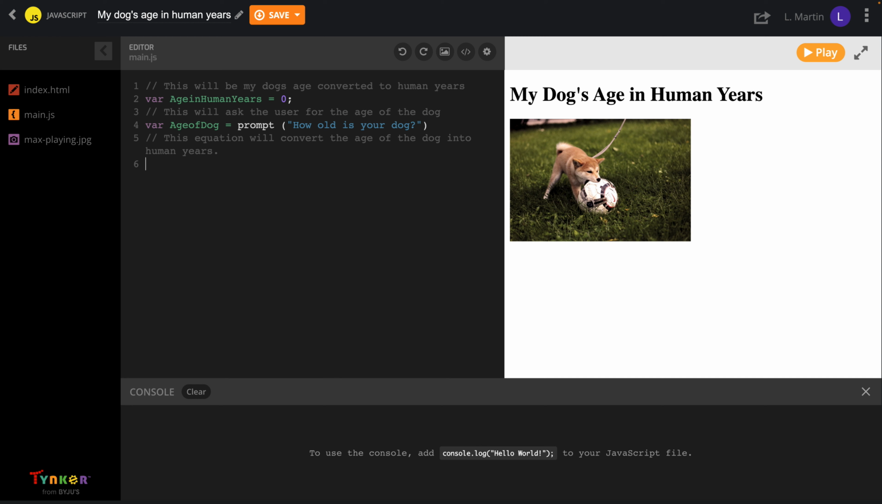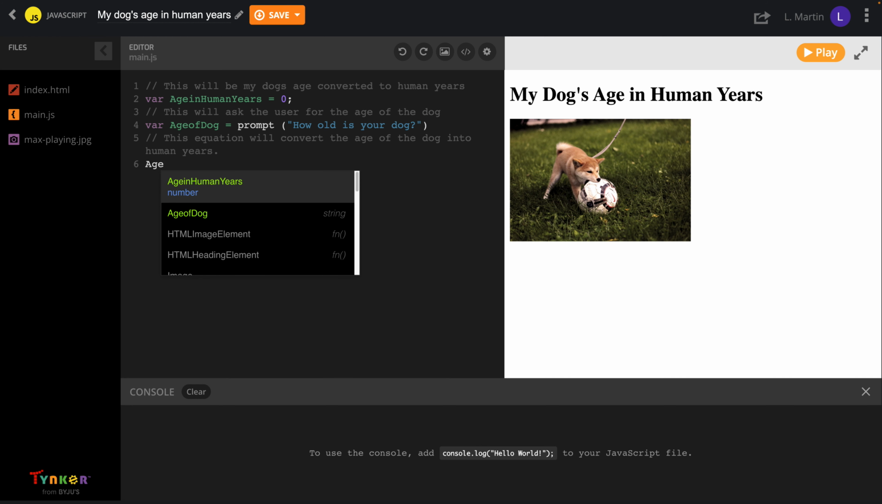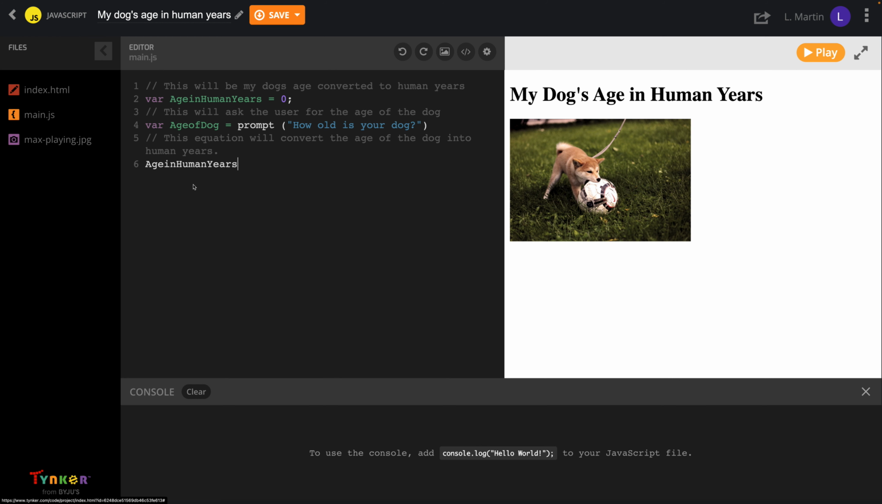And now I'm ready to write an equation that's going to actually do that. So I'm going to use my variable that I made, age in human years. You can see it starts to come up and it tells you that it's a number variable. We're just going to click on it. Age in human years is now equal to